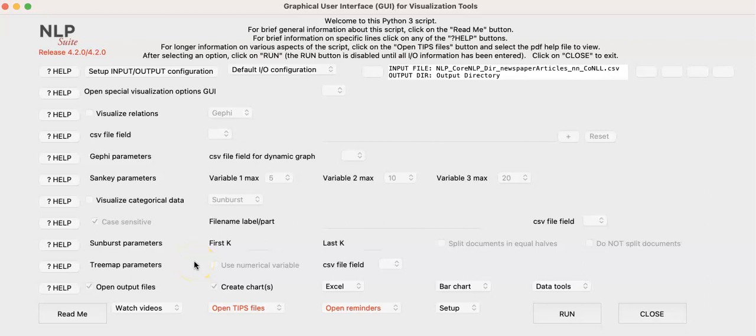In this video, we will go over the GUI for the visualization tools. This GUI can visualize relationships and categorical data in a dynamic and user-friendly way. First, this GUI requires a CSV as the file input. For simplicity's sake, we're using the Connell table created after parsing the newspaper articles corpus in the sample data folder